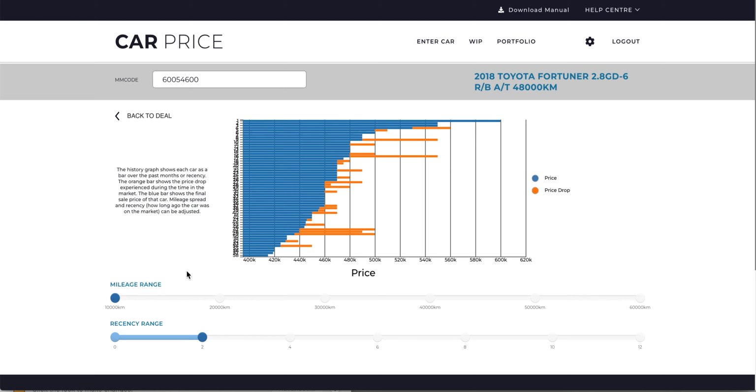Tightening it up even further gives you a good indication of some real big price drops in the bottom half of the market and the top of the market. Once again, your mid-market range is the 460 to 470,000 kilometer range. Going back to the deal,